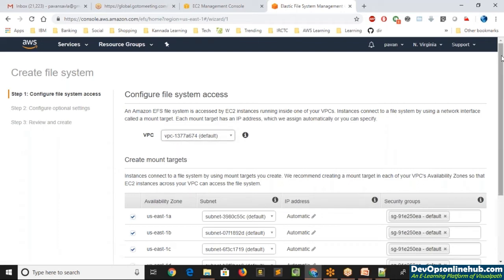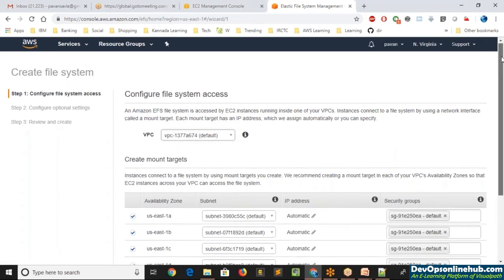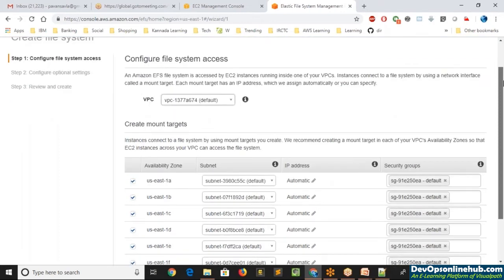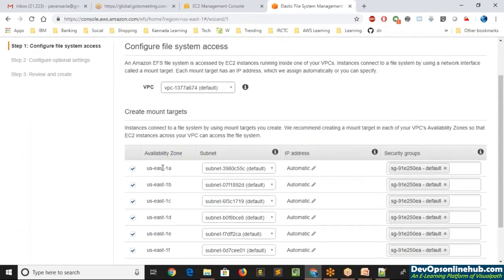If I scroll down the page, since we are using North Virginia, it is one of the biggest regions that Amazon has, with 6 availability zones. You can see the 6 availability zones being showcased: US East 1A, 1B, 1C, 1D, 1E, and 1F. If you use Mumbai, you will get only 2.